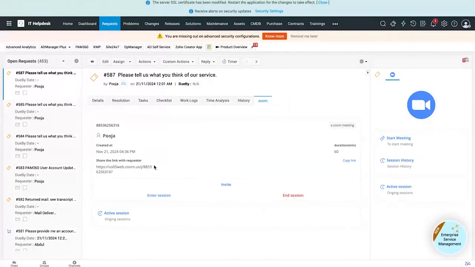Using this invite, the requesters can join the session, and me being a technician can end the session, look for the active sessions and the session history within my ServiceDesk Plus console. I don't have to go to Zoom and ServiceDesk Plus back and forth. Hence, every action can be done by me within the ServiceDesk Plus console. This is how custom widgets and connections can enhance your application's behavior by building the connections between your third party